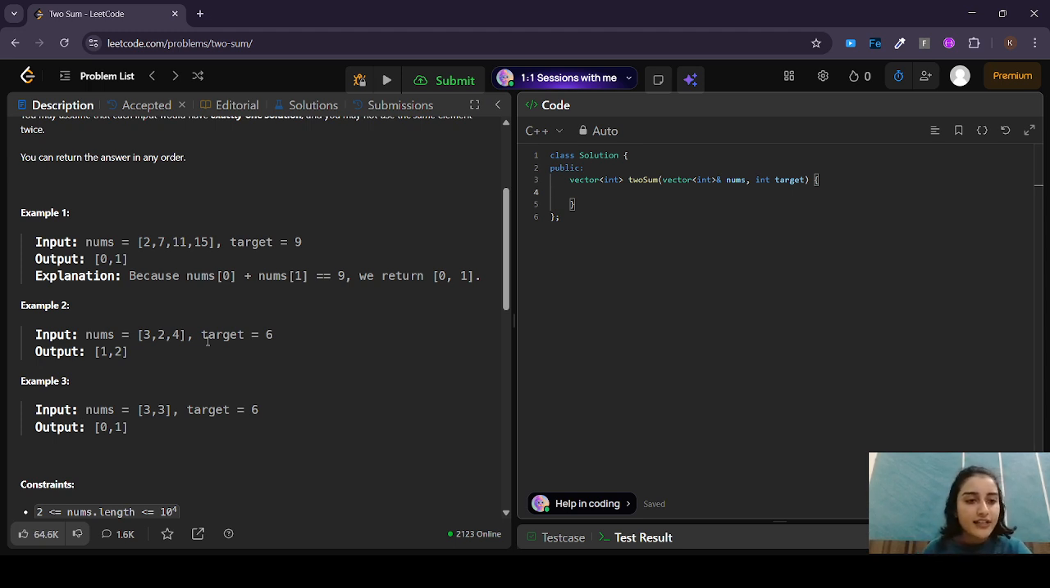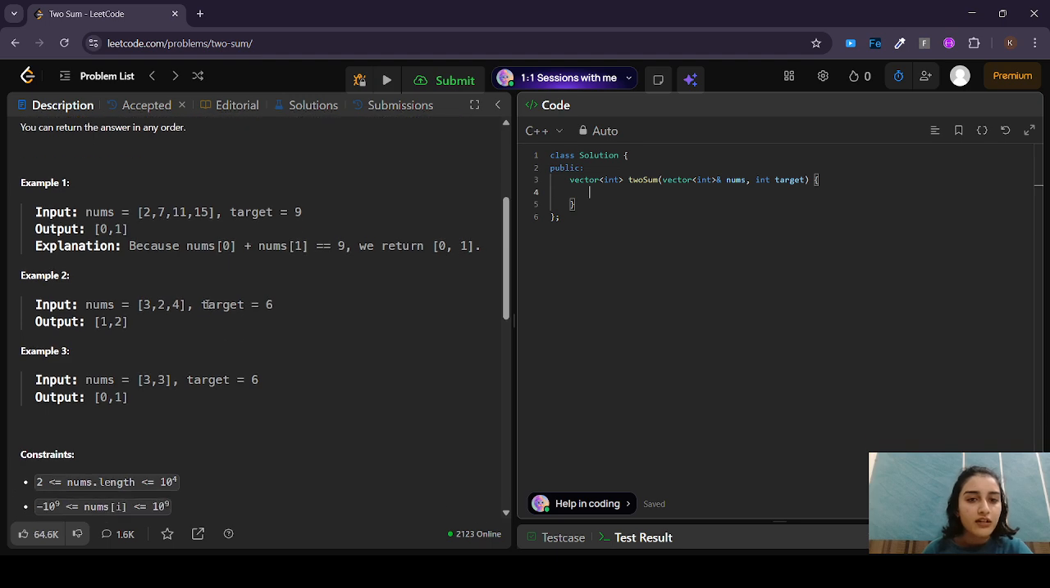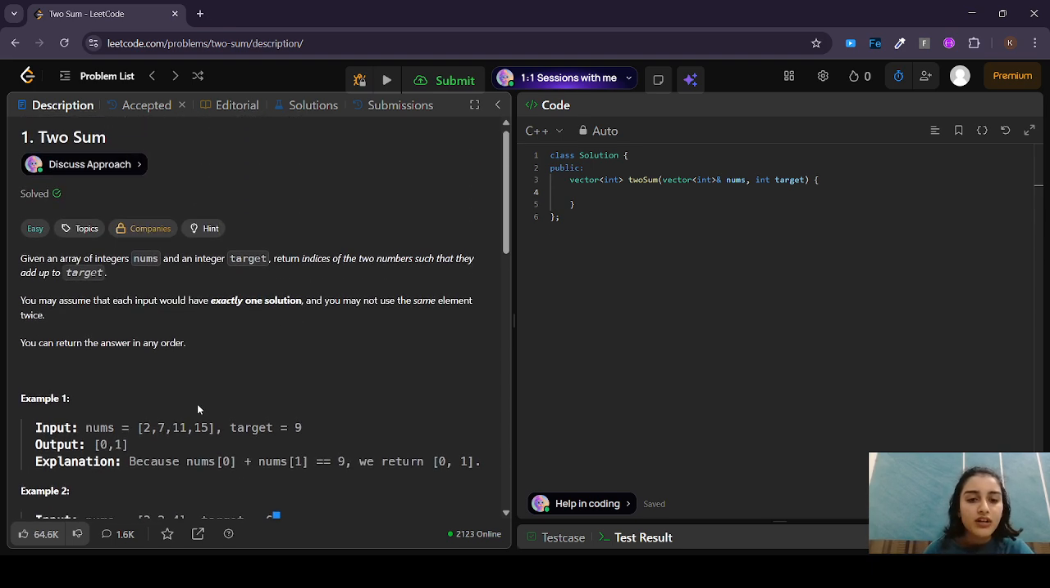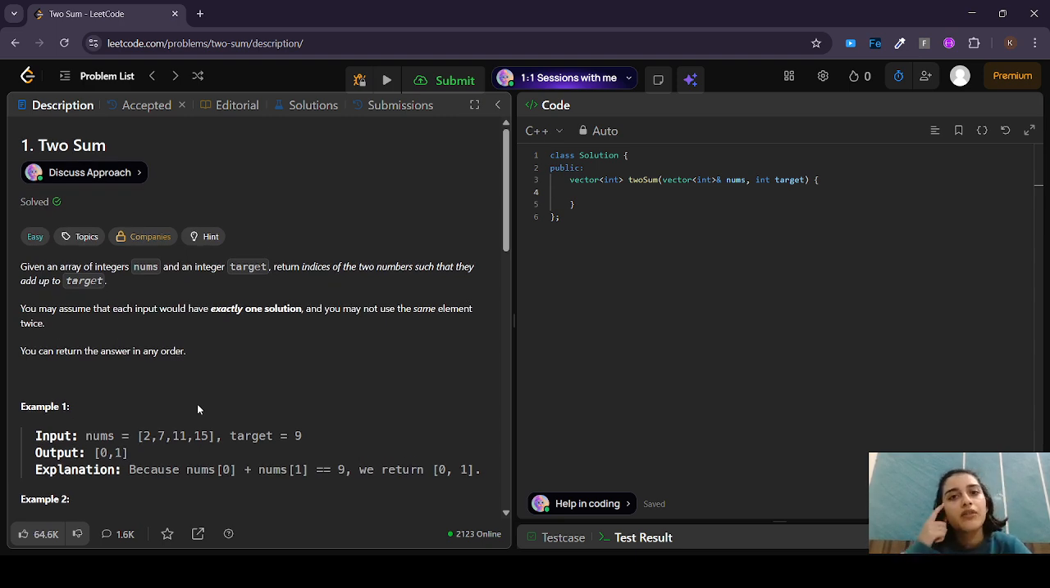And if we look at the second example, we are given nums as 3, 2, and 4, and the target value 6. So the answer should be 1 and 2, as the values 2 and 4 at the first and second index match the target value. Same as question 3. So here there are many ways to solve the question, but we are going to use